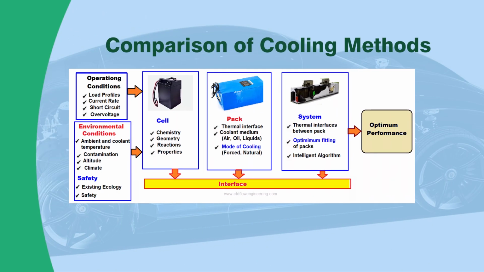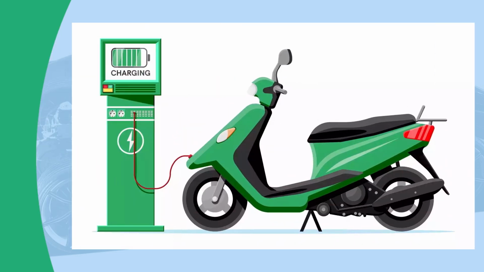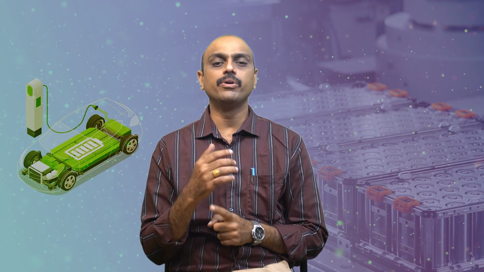And finally, when you come to the system, whether it is the thermal interface between the packs or the optimum fitting of packs, how it has been done. Now, how do we do all these things? For the system level, to consider the optimum performance, we can use some intelligent algorithms through simulations, which will give us the optimal performance, optimum sizing and optimum fitting of the battery packs. And coming to the other aspects of the battery thermal management system, the major thing we need to consider is